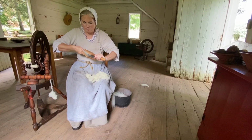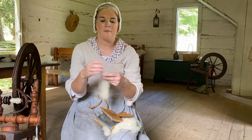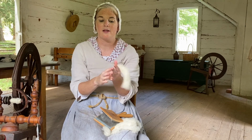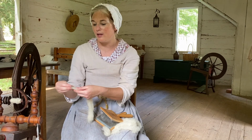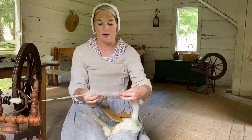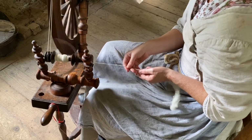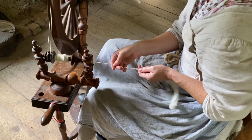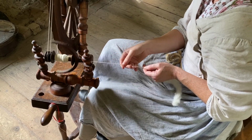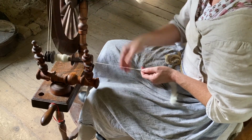Once you have sufficiently carded your wool, the next step is to roll it together into what's called a roll-log. And this is what you are going to use to feed into your spinning wheel to create your wool yarn. So this is the roll-log that I created with our wool carts, and you can see that it is feeding very nicely into the spinning wheel, and it is creating fine yarn which will be further processed after the spinning